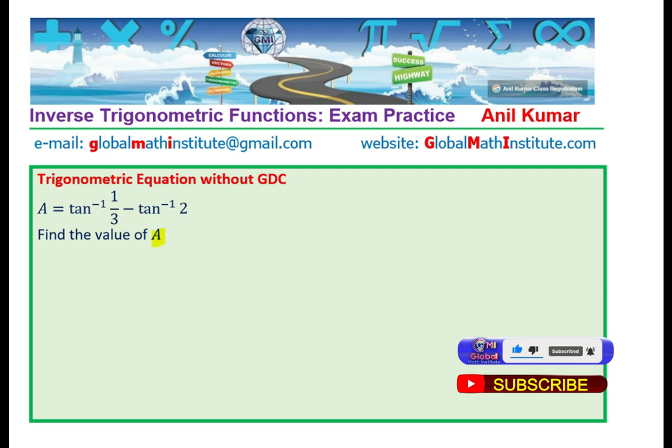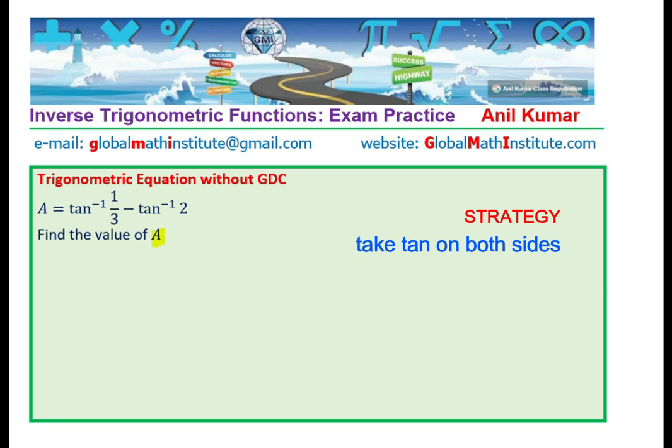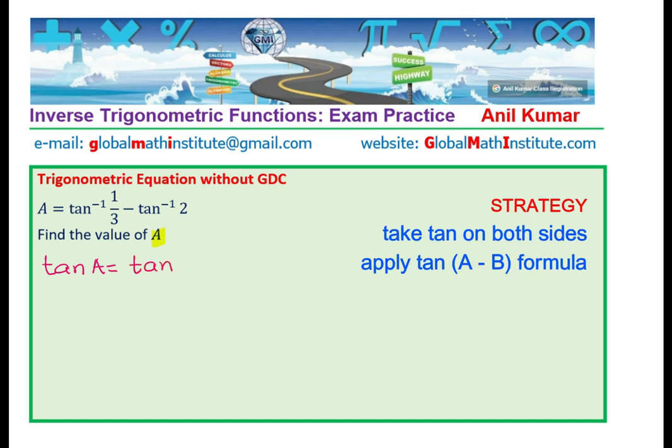Now let's take up the solution of the given problem. Now, since we need to find the value of A, how about taking tan on both the sides, right? So we'll begin by writing tan A equals tan of all this, which is tan inverse of 1 over 3 minus